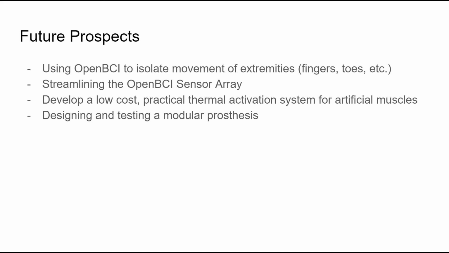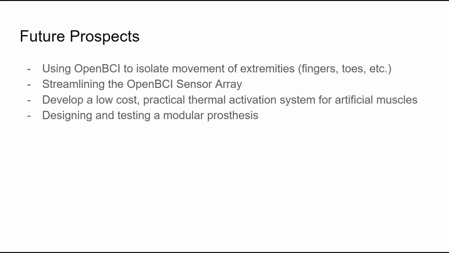Next, we also want to streamline the OpenBCI sensor array. So essentially just make the sensor array something really compact that can either fit on a pair of glasses or in a headband or a pair of headphones, something really subtle and compact that someone can wear while they use their prosthetic limb. And lastly, we're also going to need a slightly new design in the actual prosthetic hand or foot or arm itself, in that it has just a different set of inner workings that need a different housing and likely different thermal